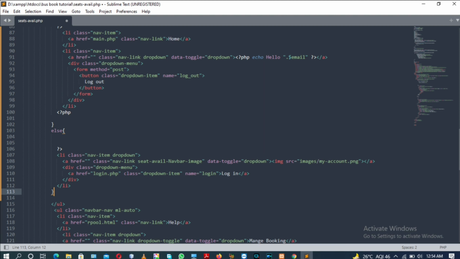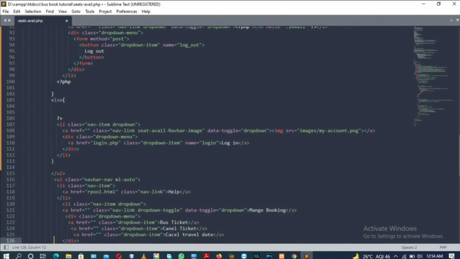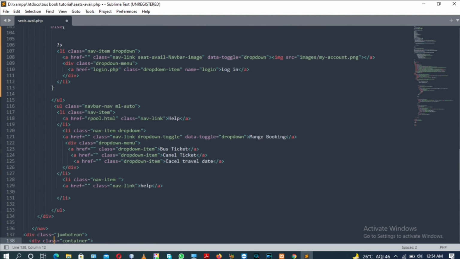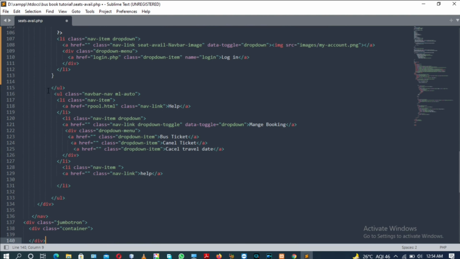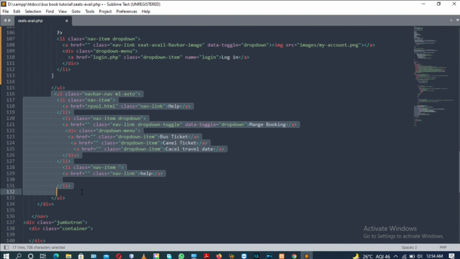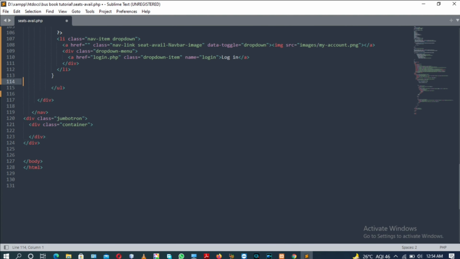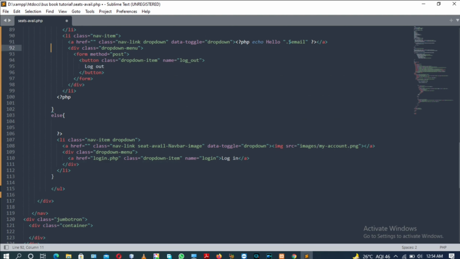After that, remove all this, remove the tags from here to here because these are useless. Now the tag is closed, the div tag is closed, and after the div tag,